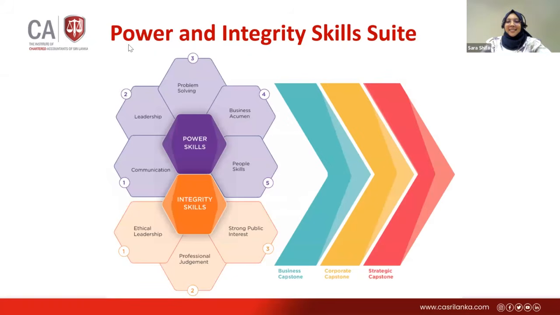Thank you very much, Mr. Kalhara, for explaining that. So now the prerequisites to sit for capstone modules under each of the levels are quite clear right now. So that allows us to move into our next frequently asked question that is very closely linked